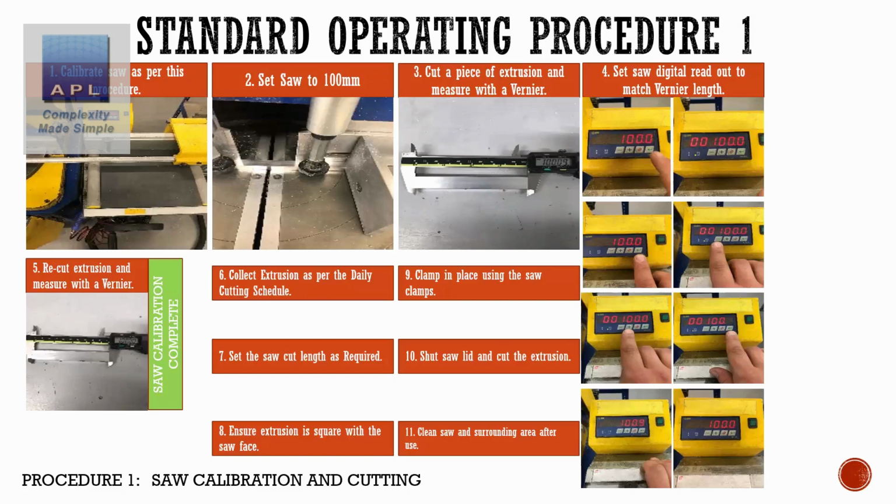So now they start getting into controlling some of the variables, and this first one is calibrating the saw. This is a calibration process. This is purely about cutting the piece of channel to the right length. So they put a piece in here which is exactly 100 mil, and then they calibrate it to 100 mil. This little yellow box of tricks, which is on the saw, has a tendency to drift out every day. So if they don't calibrate it, every time they use the saw, they are likely to see error in the cut length of these extrusions. Then they don't fit together properly and they get all sorts of problems. So we've got a calibration routine.